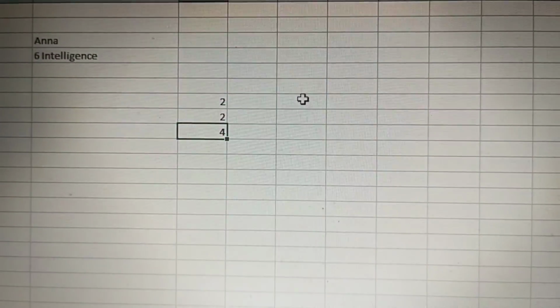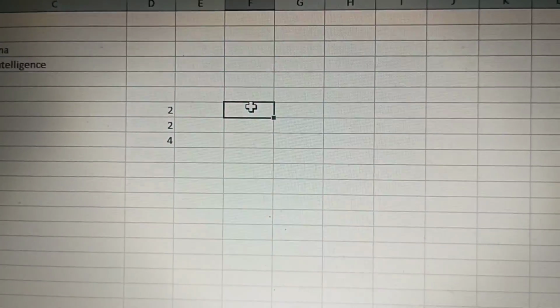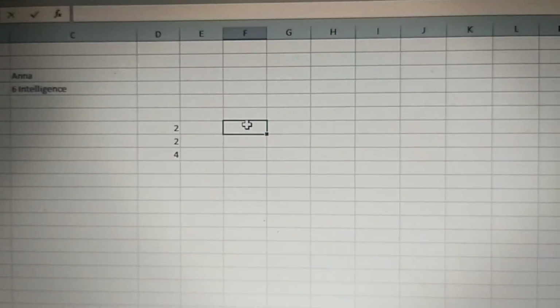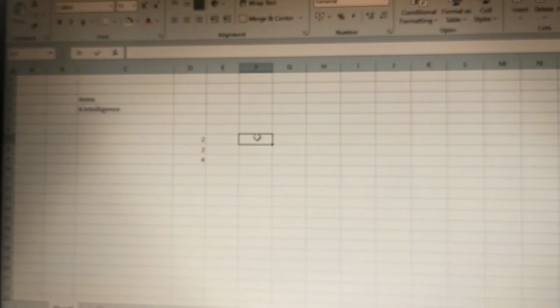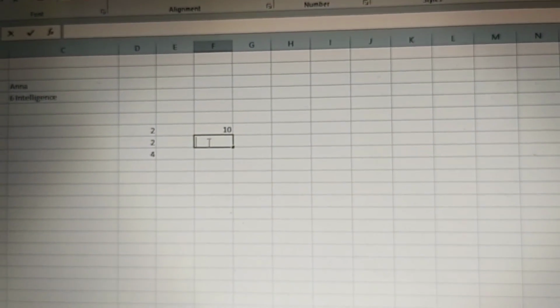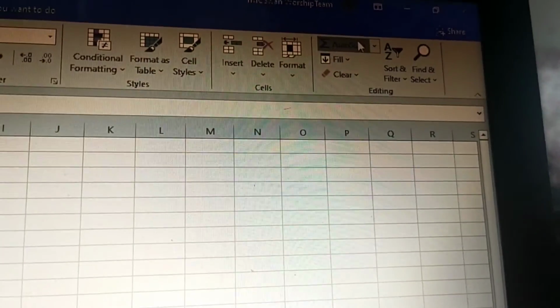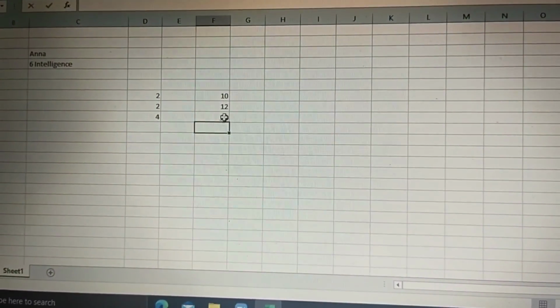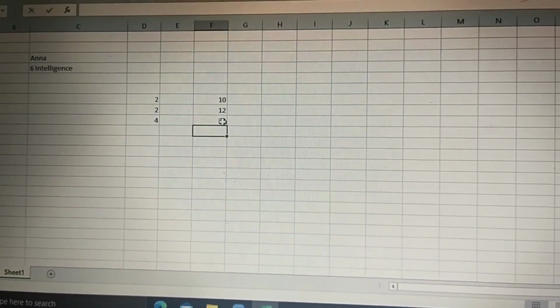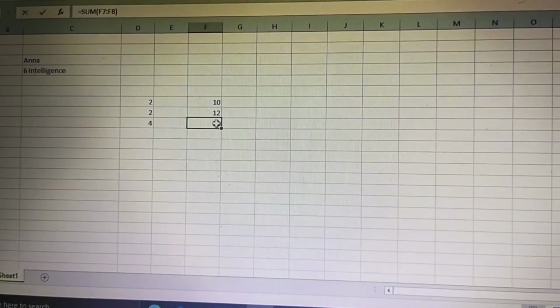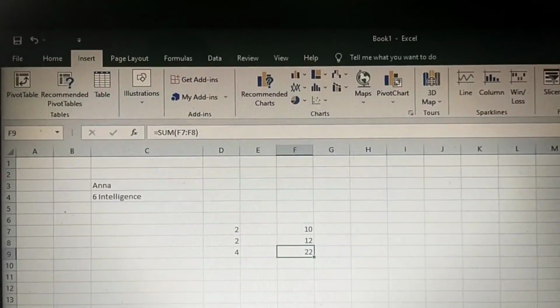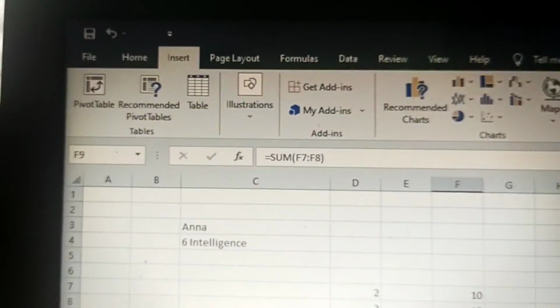You can even use this as your calculator to have some fun. Okay, now let's do a bigger number. 10 plus 12. So again, teacher goes to auto sum and presses enter. So 10 plus 12 equals 22. Can you see that? So now teacher is going to insert a smart art.